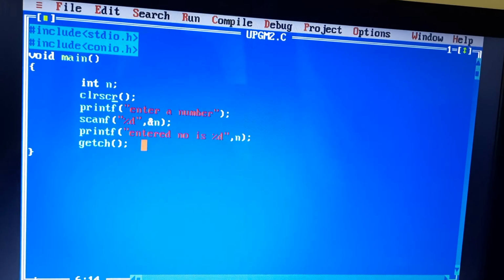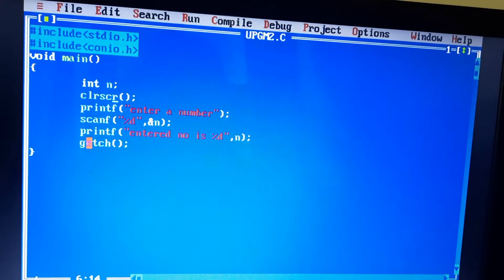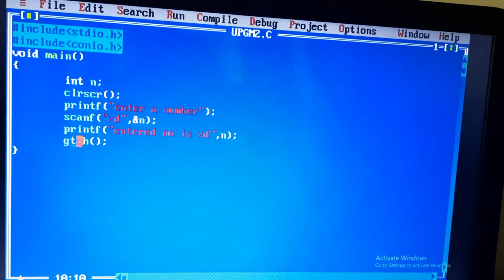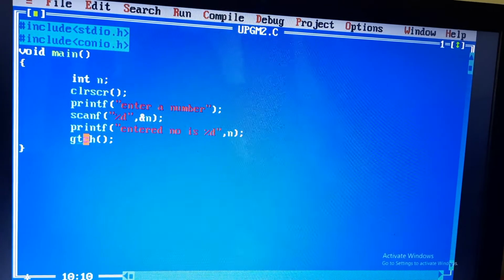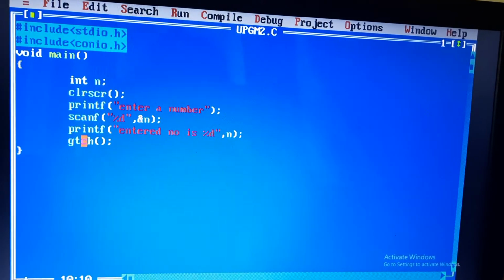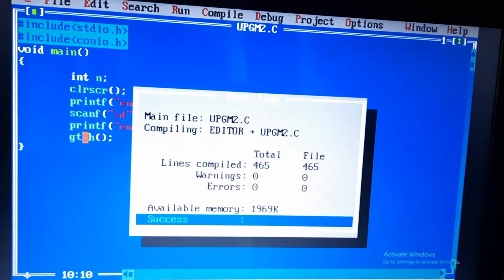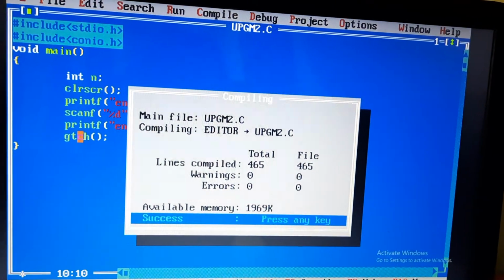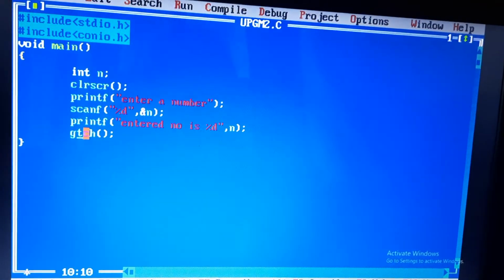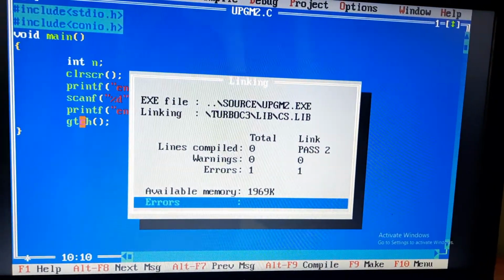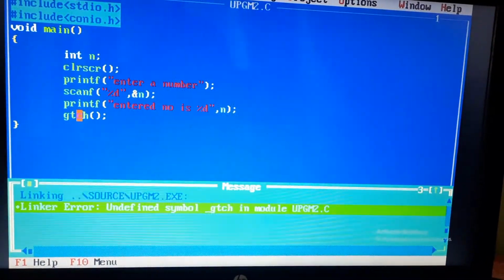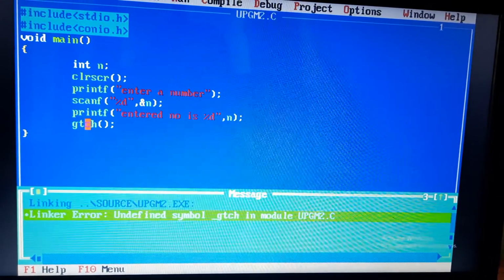Clear? Suppose I make a spelling mistake in getch. I remove e. What happens? Alt F9, we compile. There is no compilation error. Then I try to run. There is an error. I just press Enter: undefined symbol GTCH.